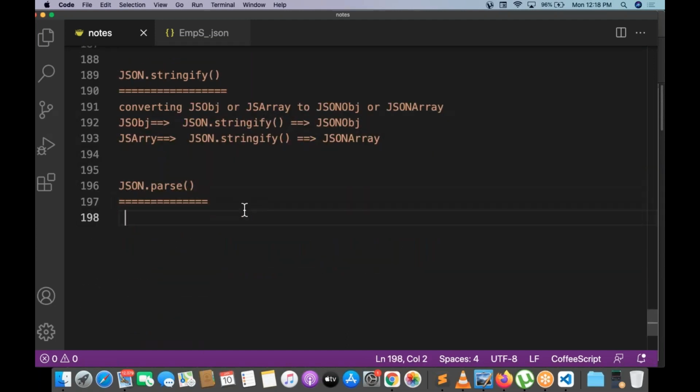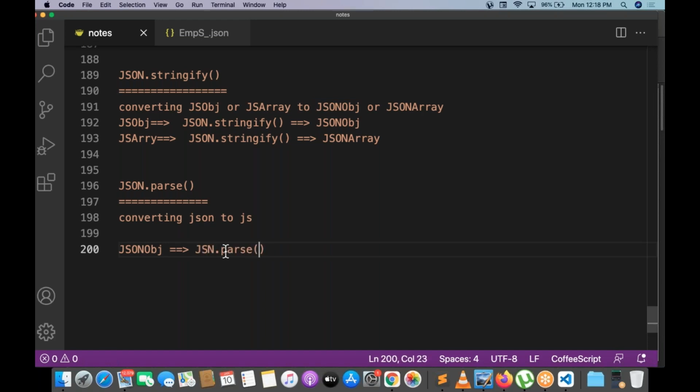Next, parsing, converting JSON to JS. Converting JSON to JS, same concept. A JSON object is converted with JSON.parse.